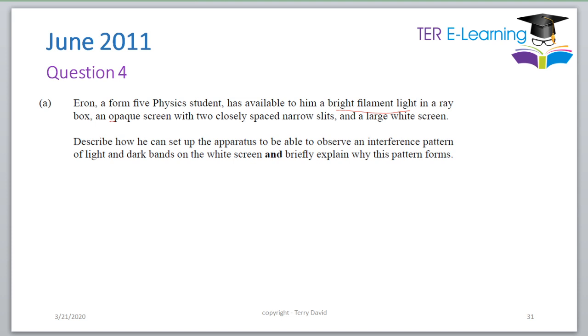So 6 marks for that question. So here's what you need to do. First thing you need to do is to draw a diagram, right? Because what you want to show here is interference. So you have a bright lamp inside a ray box. So what we should do first is